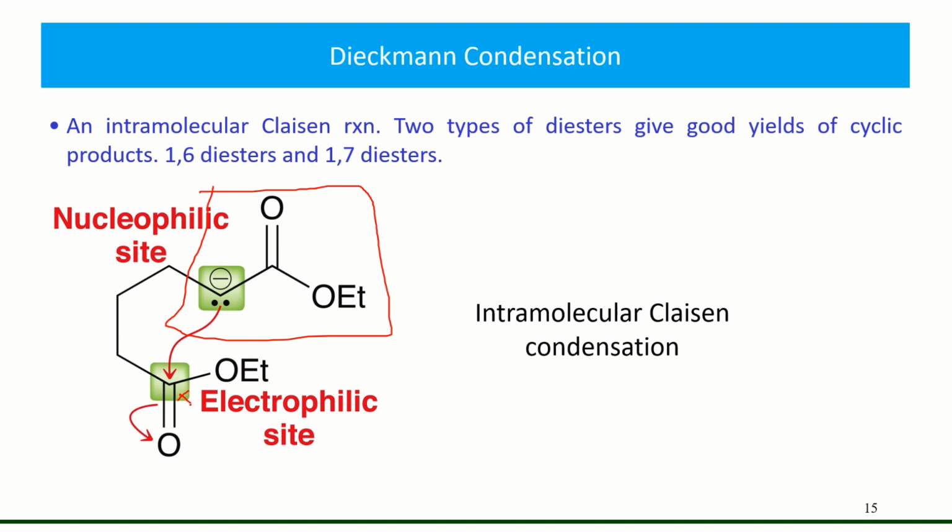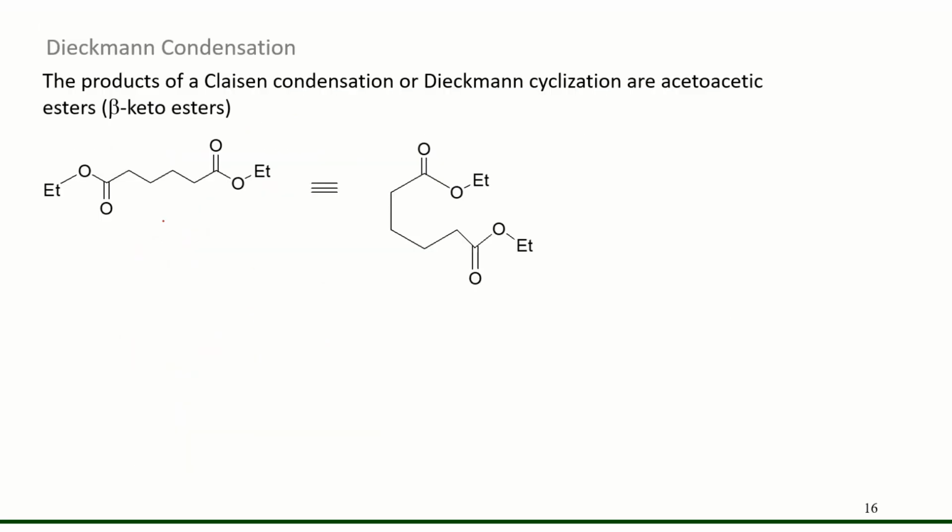You should realize by now, if it is a Claisen, then the enolate is retained. So this ester portion of the Claisen is retained. The electrophilic portion is what changes. We're going to substitute this guy out for that fella. All right, let's have a look at it. So for example, the one we just looked at a while ago is a 1, 2, 3, 4, 5, 6. So it's a 1,6